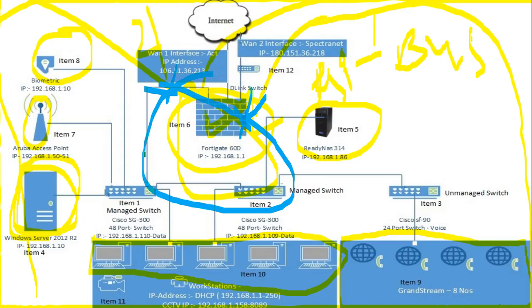If one goes down, it should automatically go to my secondary line. And if your business can manage even when the internet goes down, you can take 1 line only. Why should you spend 50,000 or 40,000 rupees to take a leased line as a secondary line?